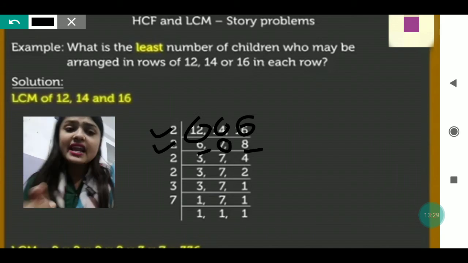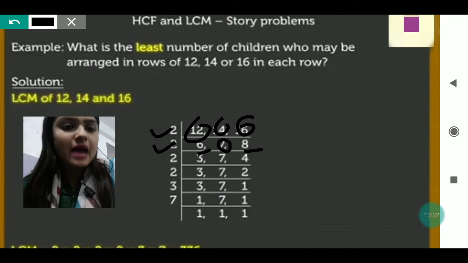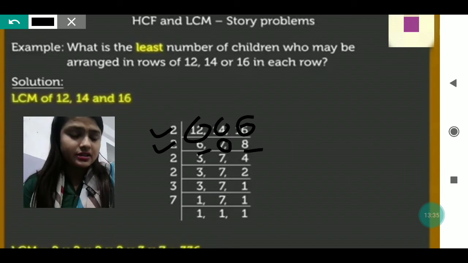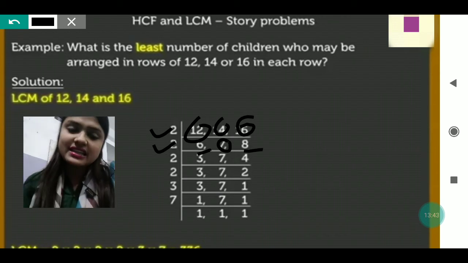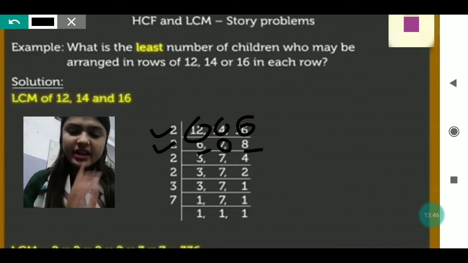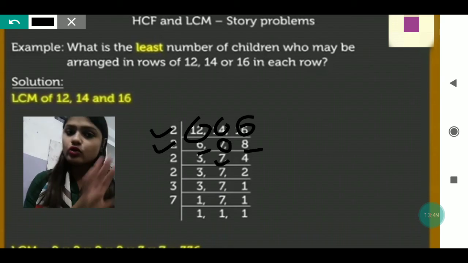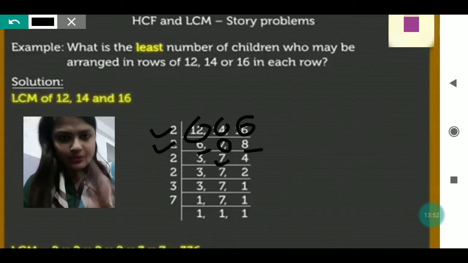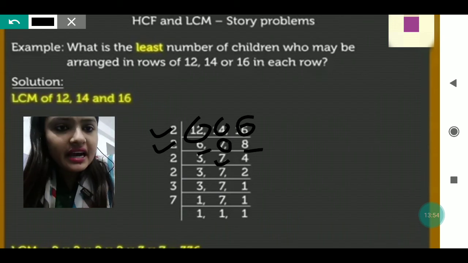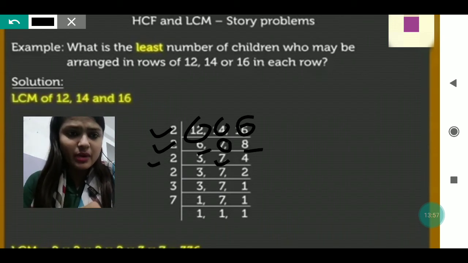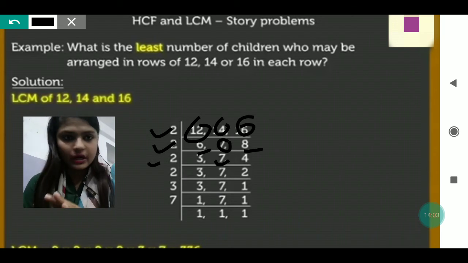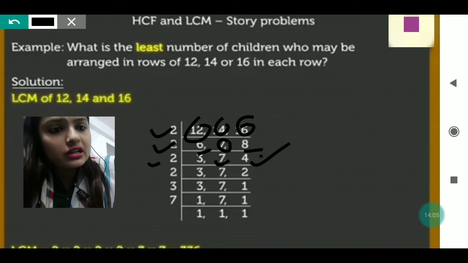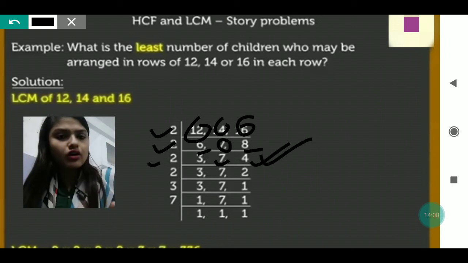Now you can see, again I am dividing 6 and 8 by 2. When I divide 6 by 2, I get 3. In the same way, when I divide 8 by 2, I get 4. And 7 is not divisible by 2, so no need to touch that, we just copy it as it is. Then again we will see if any number is divisible. I think there is no common number with which we can divide 3, 7 and 4. There is no common number. You can leave it here also, no problem.